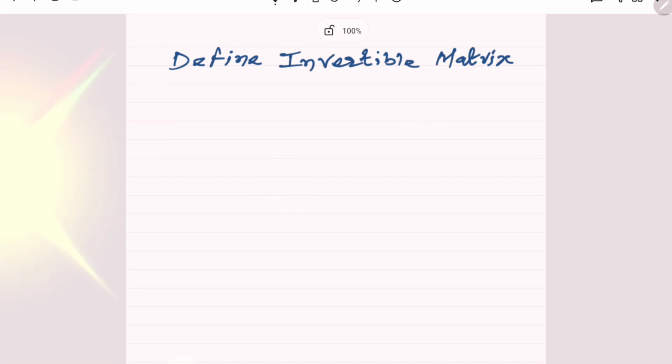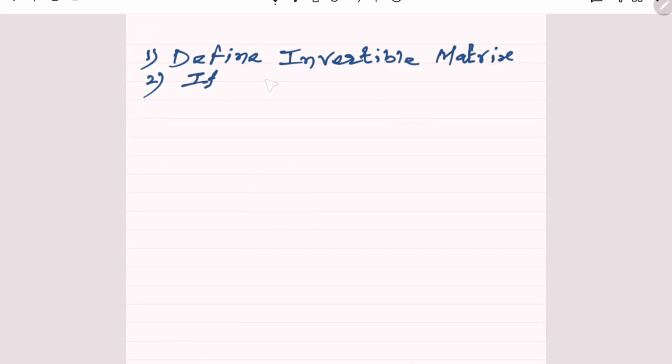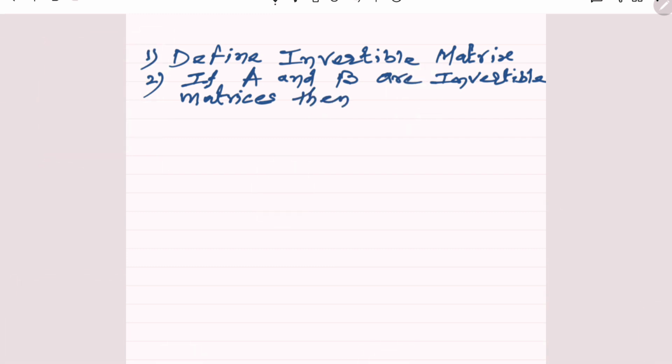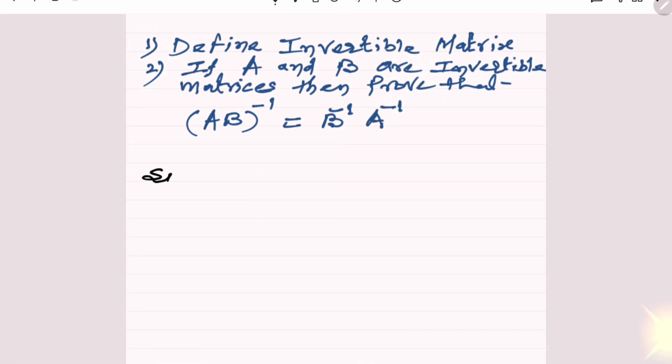Second, if A and B are invertible matrices, then prove that the inverse of AB is equal to B inverse into A inverse. And to prove this,